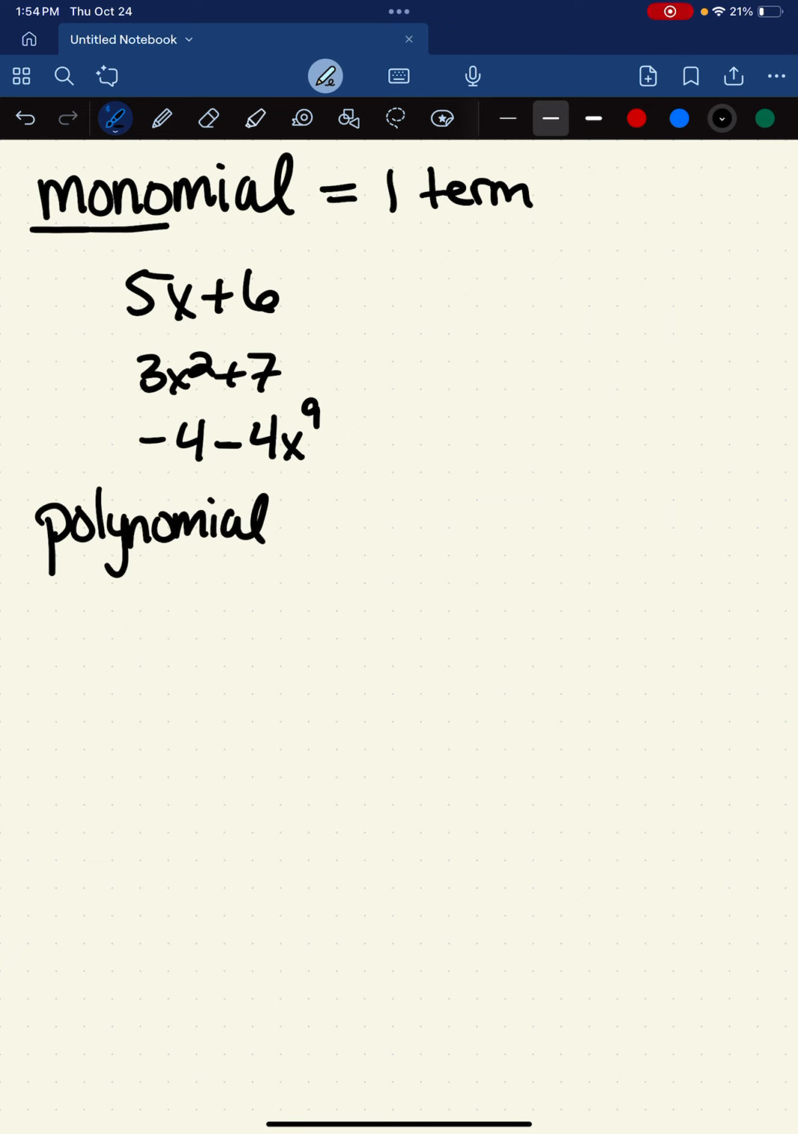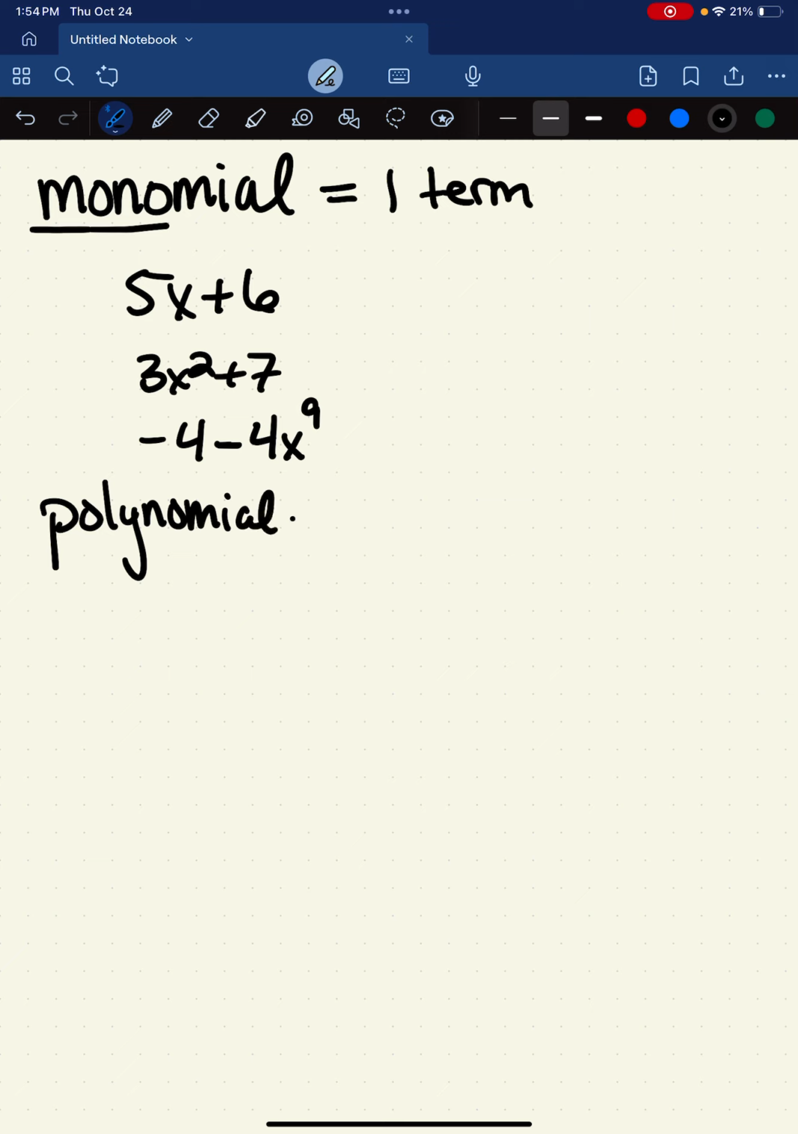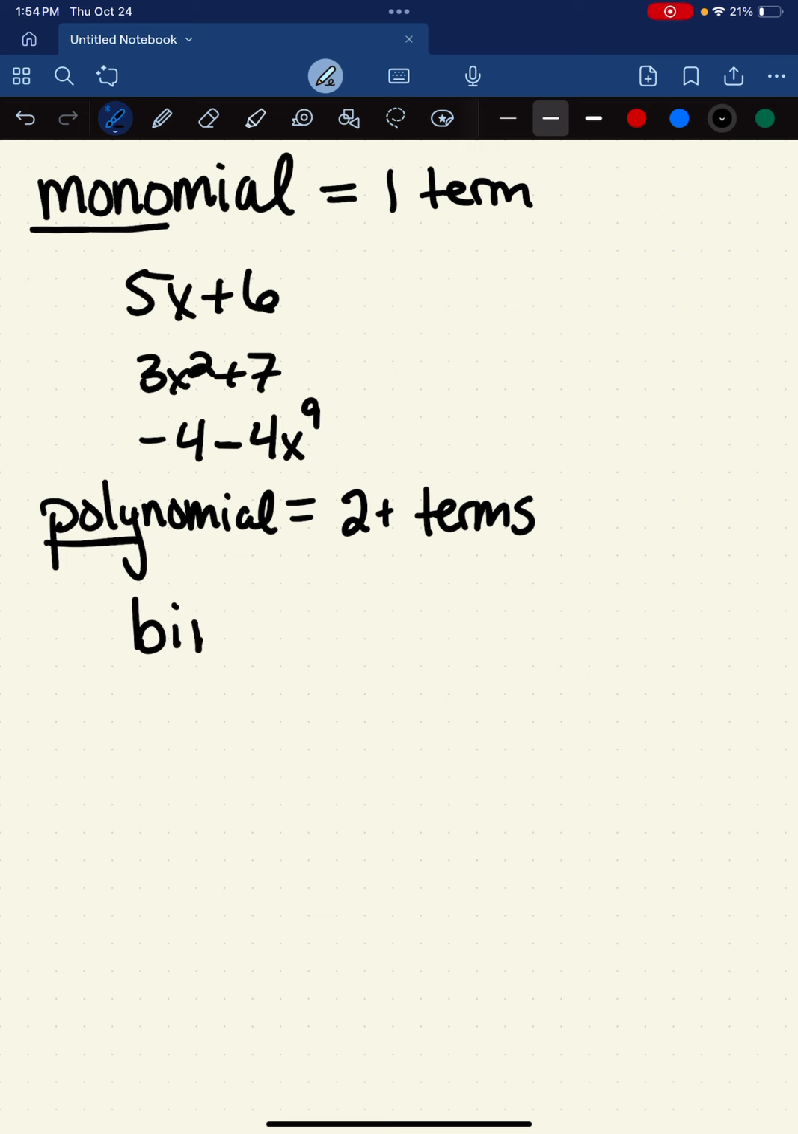Whereas a polynomial, so by poly, has more than one term. 2 plus terms. Some special types of polynomials: we have a binomial. Bi meaning two terms. Some examples of those are going to be like